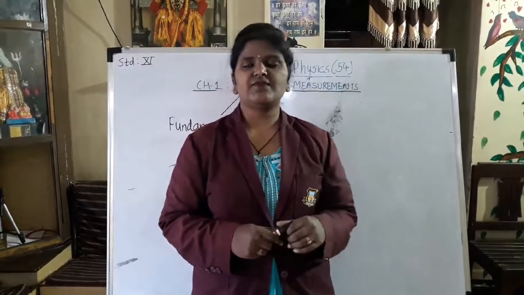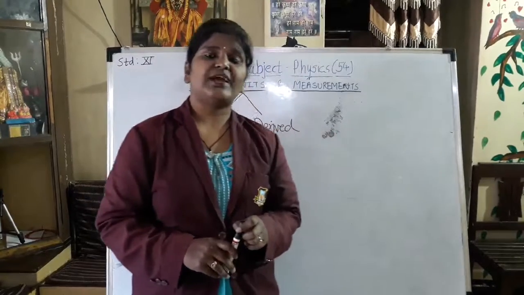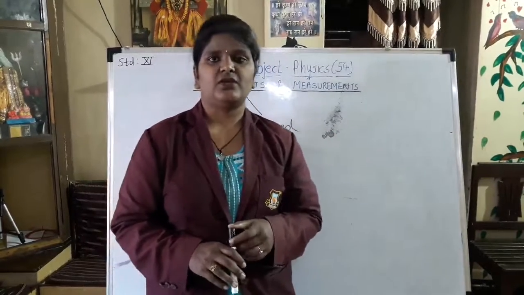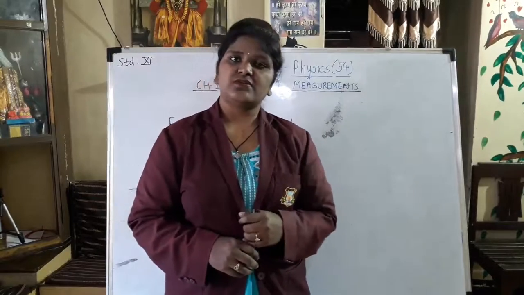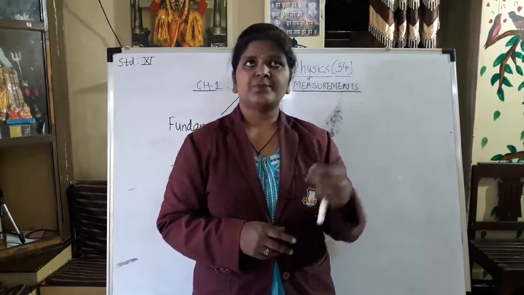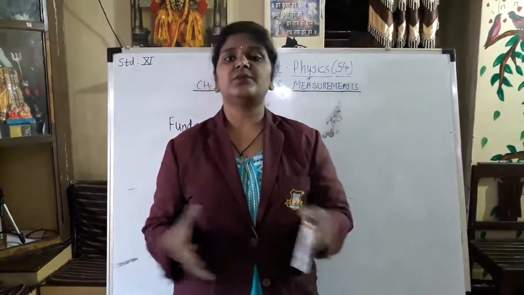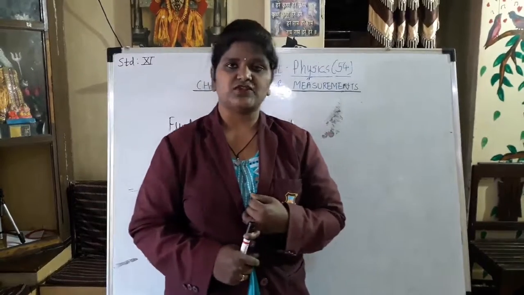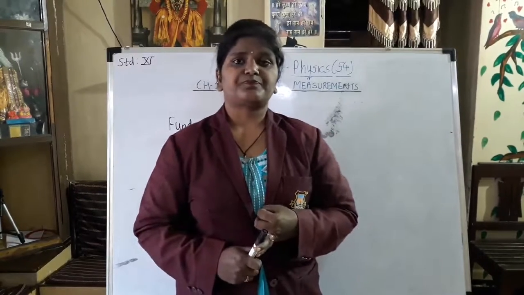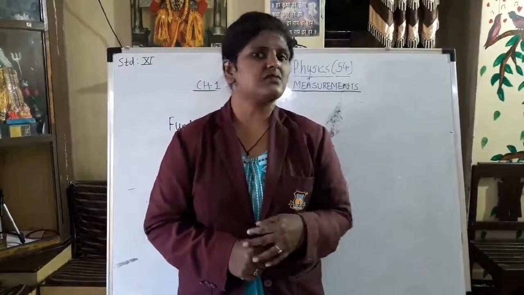After that, what have we seen? We have seen the errors which may be caused while doing experiments in the laboratory. There are many types of errors. The main types are systematic errors and random errors. Systematic errors have some sources. First one is instrumental, second is errors inside the instrument, and third is personal error.